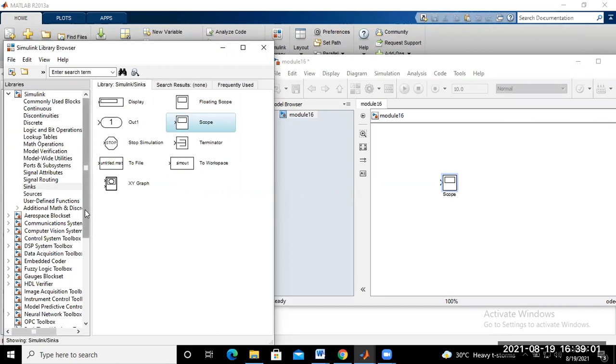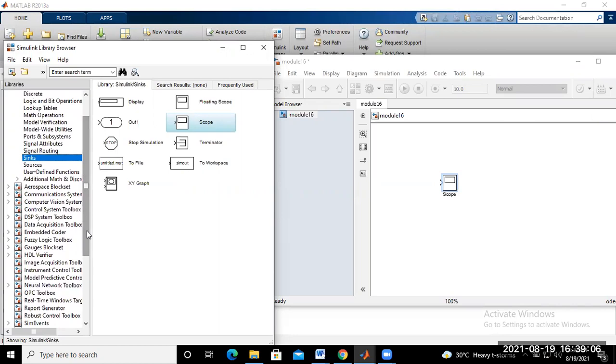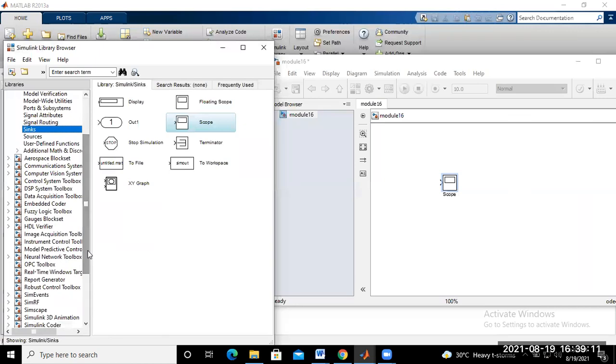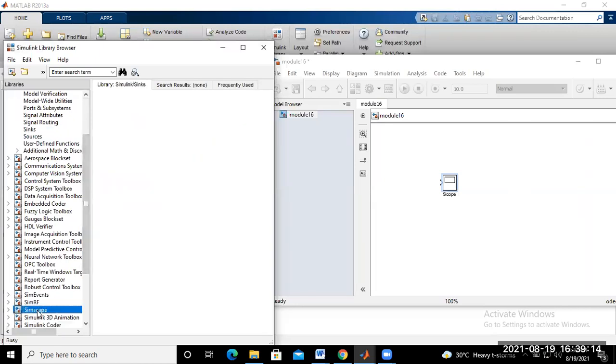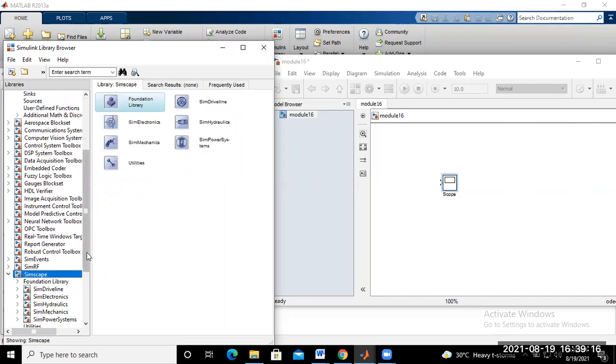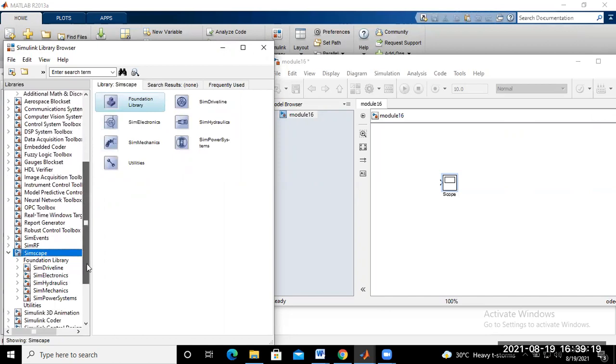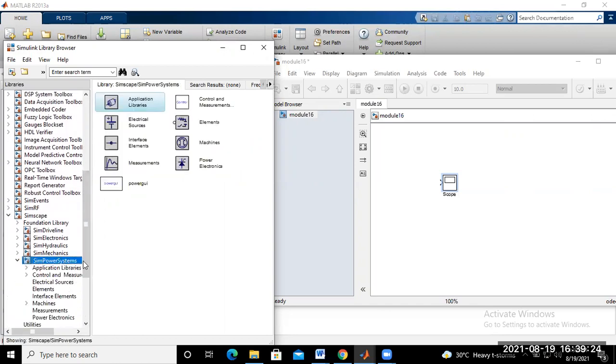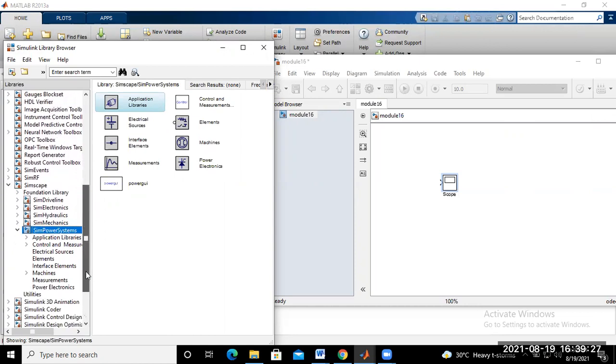First of all, go to Simscape, and then go to SimPowerSystems. In SimPowerSystems, you may find various electrical components, that means electrical source, element, machine,